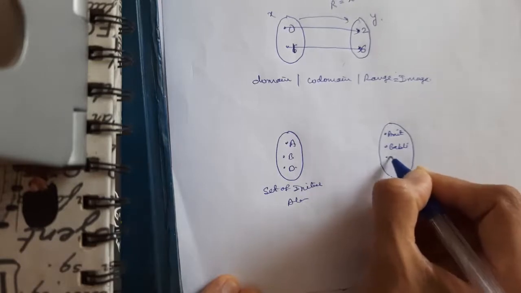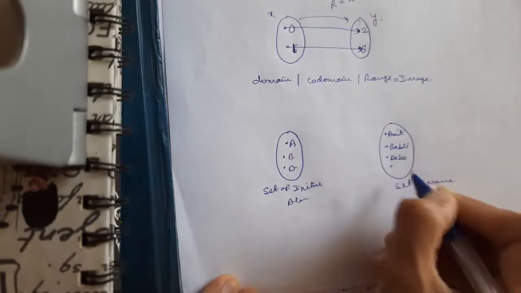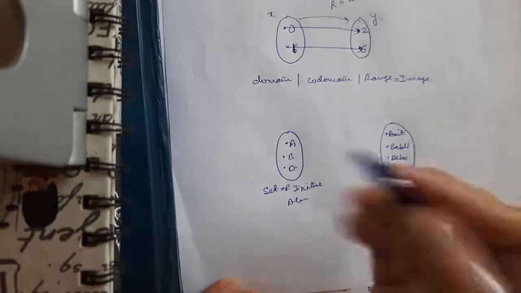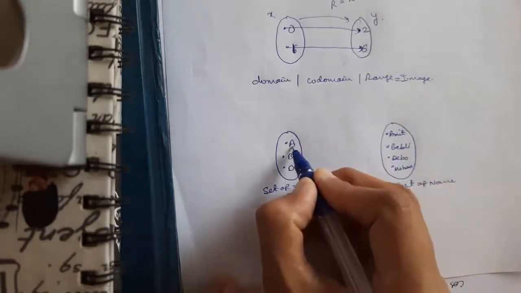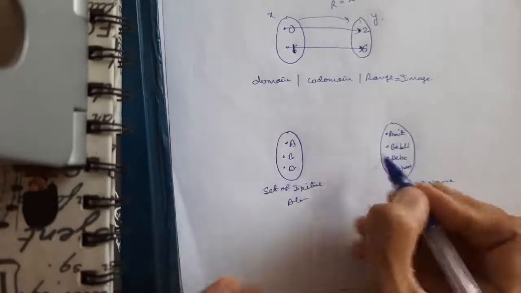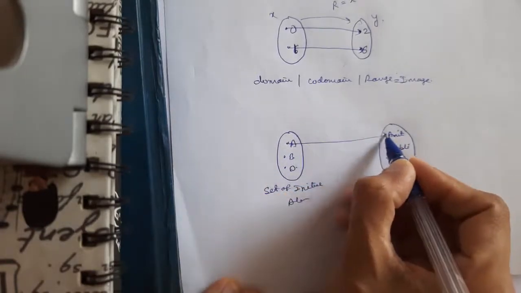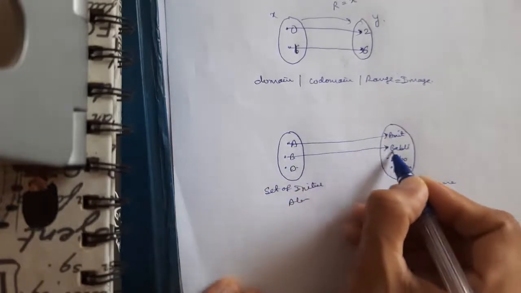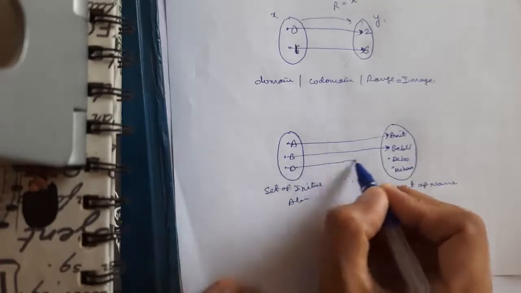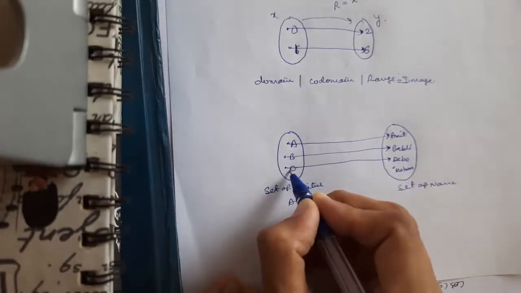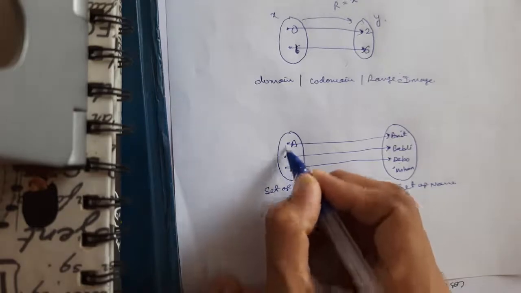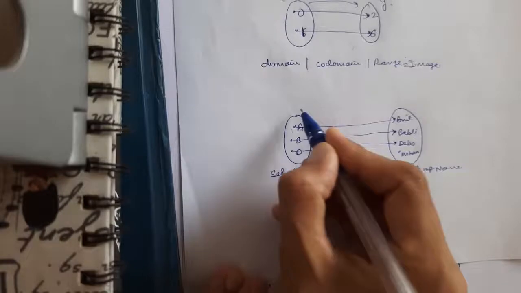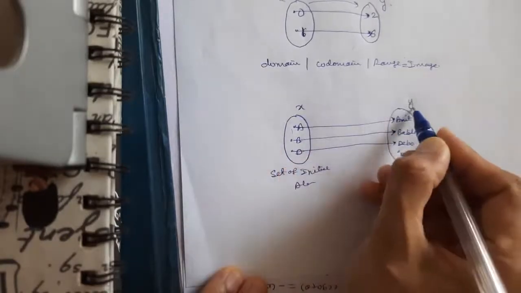Bubbly, Debo, Mohan. Now how am I connecting these? This is the initial alphabet of the name. So for A I have an output Amit, because Amit starts with A. For B I have the output Bubbly. Bubbly starts with B. For D I have the output Debo. Debo starts with D. For Mohan I don't have anything here, right? So this is the value of X and this is Y, input and output.